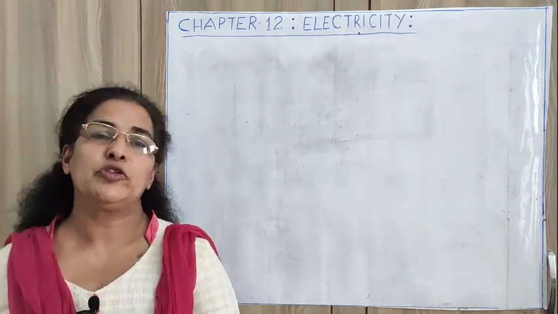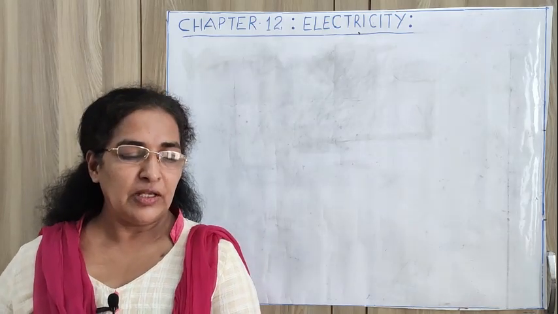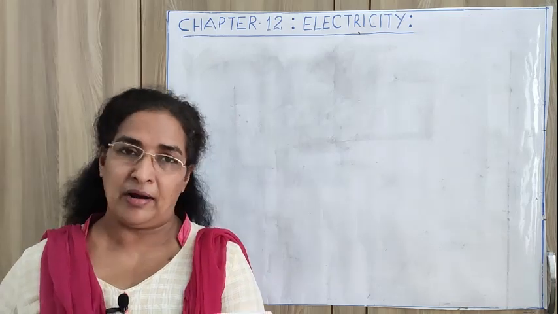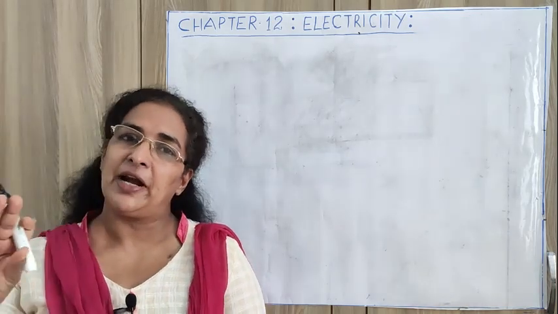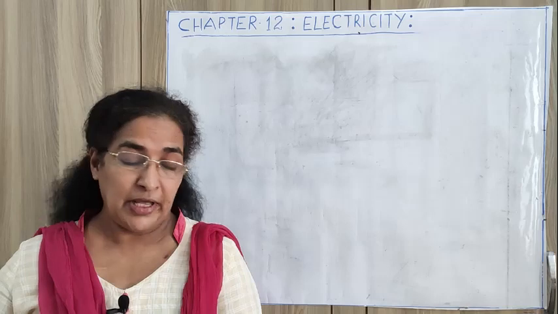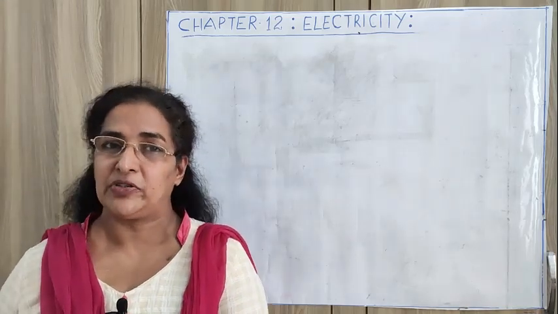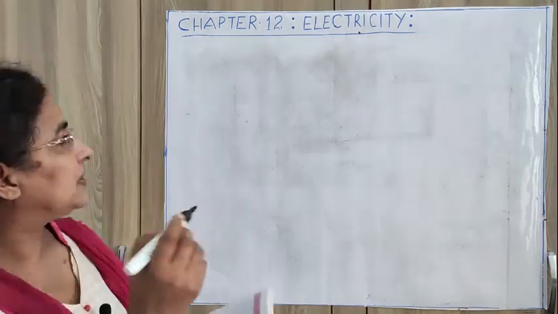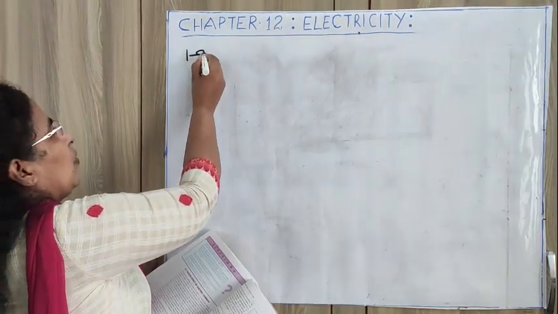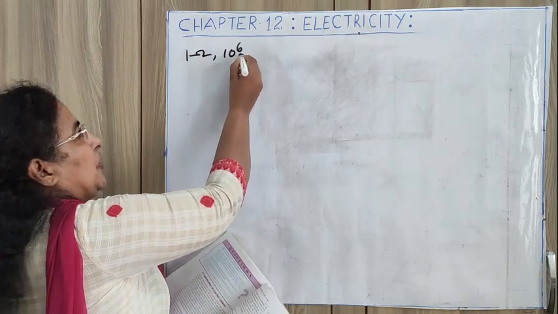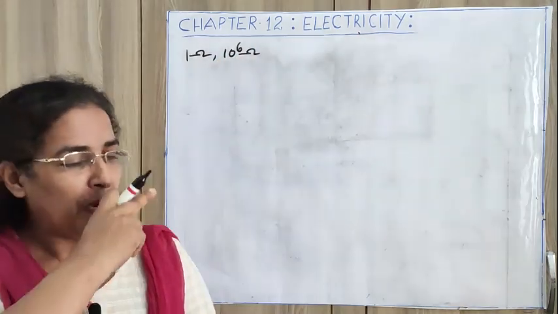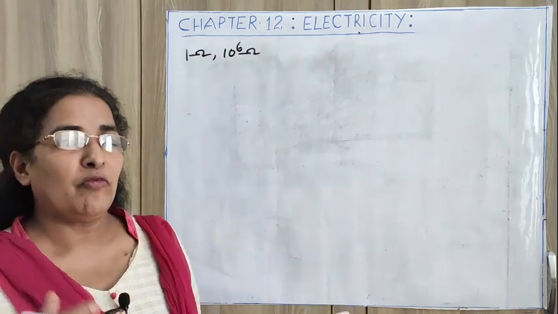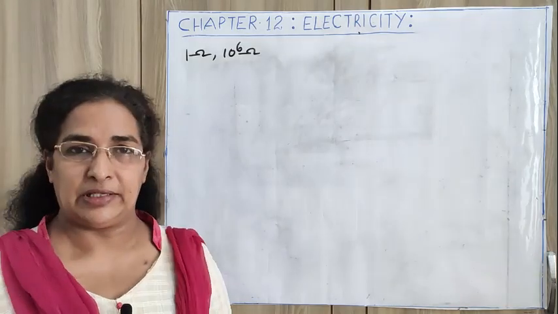And there the first question you can say it this way. Judge the equivalent resistance when the following are connected in parallel. Okay, some resistors are connected in parallel. So what? They are not asking you to find out what is effective resistance, but they are asking you to judge it. Okay, so the first question is this, that is 1 ohm and 10 to the power 6 ohm. 1 ohm and 10 to the power 6 ohm are connected in parallel. So what do you have to say about their effective resistance?